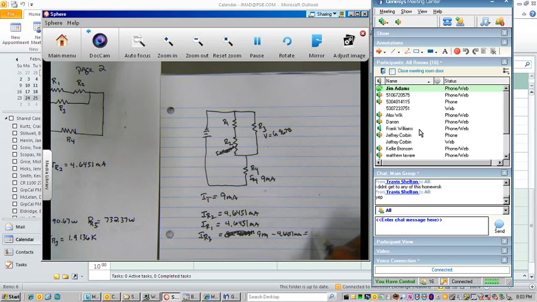Now, IR3 will equal, parallel, so it'll be 9 milliamps total minus 4.6451. Exactly. Or about